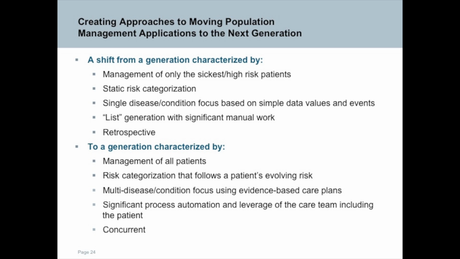So one of the design changes will be the movement from a prior generation, I think, not necessarily indicative of all offerings, of population management tools that only worry about the 5%. Fairly static risk categories, LDL above or below a certain number, or blood pressure above and below a certain number, et cetera. Often you had, here's my diabetes registry and my asthma registry, and they were quite silo-esque in lots of ways that we did this.